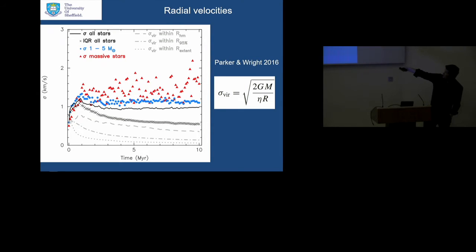This one-dimensional measure of the velocity dispersion that we use observationally to infer the virial ratio would tell you that that region is highly supervirial. So the point I'm trying to make here is you can't just estimate the bulk motion of a star-forming region from one measurement. You need to incorporate information from the spatial distributions as well as the kinematic distributions. And this is something that Gaia is going to help us with as well, because we're going to get proper motions of stars on the outskirts of star-forming regions and say something about how many stars are ejected and at what velocity.